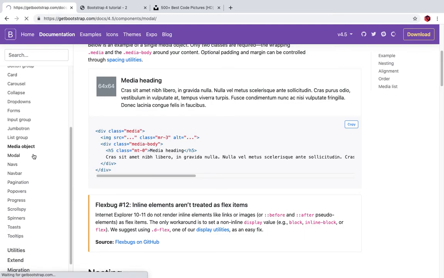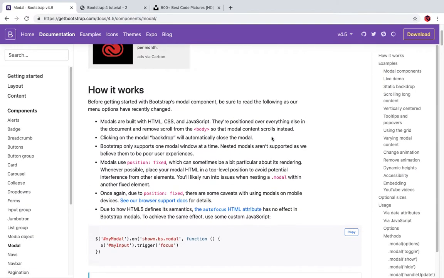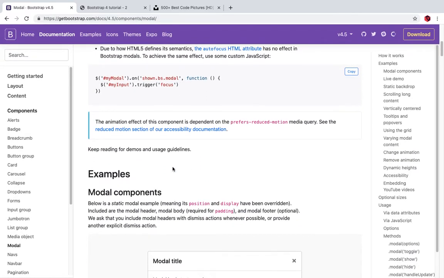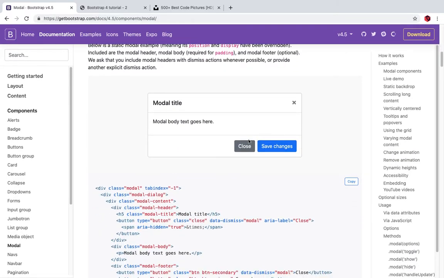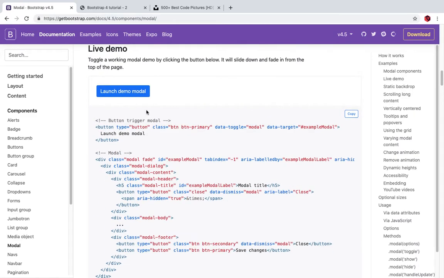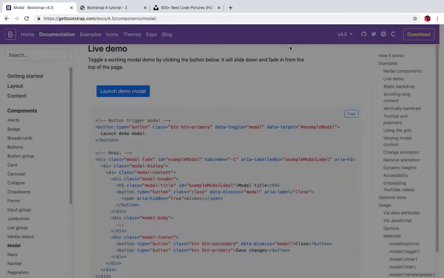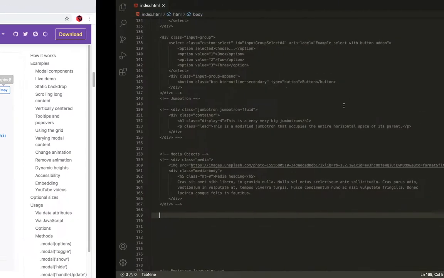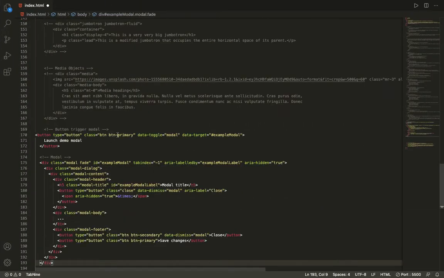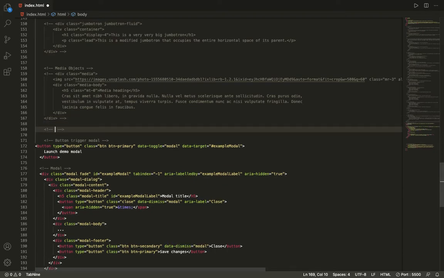And then a modal is something like, let me show you. If I click on close, it will go away. If I click this, then the message comes. So if I copy this modal here, paste this here,